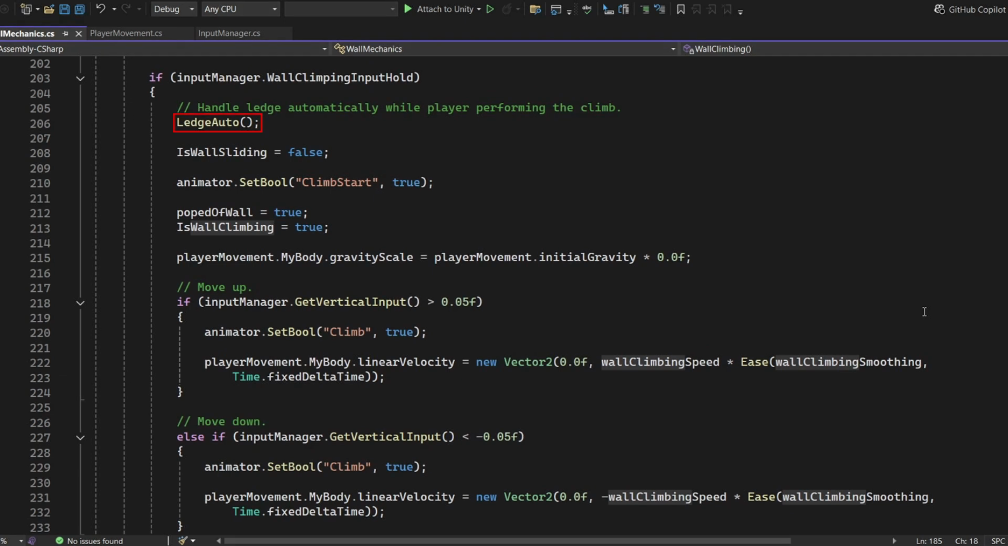First, we call the ledge auto function to handle ledge grabbing, which we'll explore shortly. We then check if the player was in the sliding state when he pressed the climbing button, and if so, we stop wall sliding. Next, we trigger the climb start animation. As mentioned earlier, this animation starts the first frame of the climb sequence and transitions the character into the climbing mechanic. However, the actual climbing animation won't play until the player starts moving up or down, ensuring a smooth and